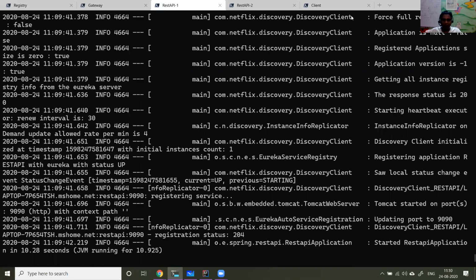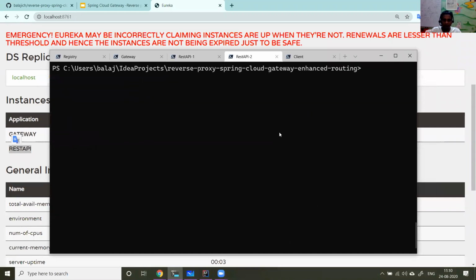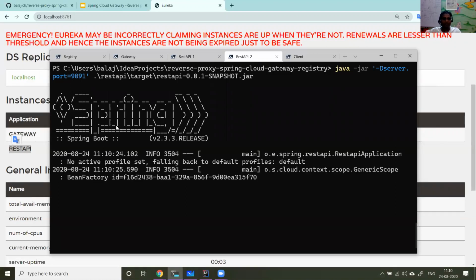Let me bring one more Tomcat up on port 9091. Even this Tomcat registers with the Eureka Service Registry.